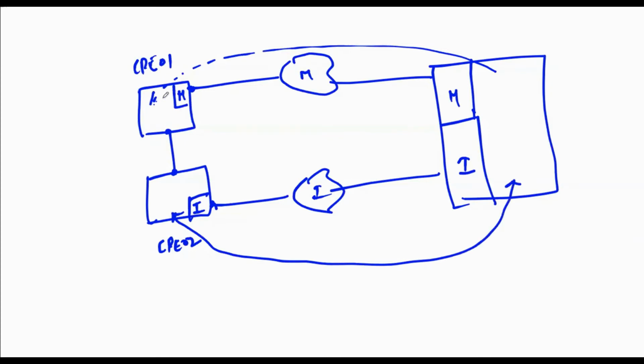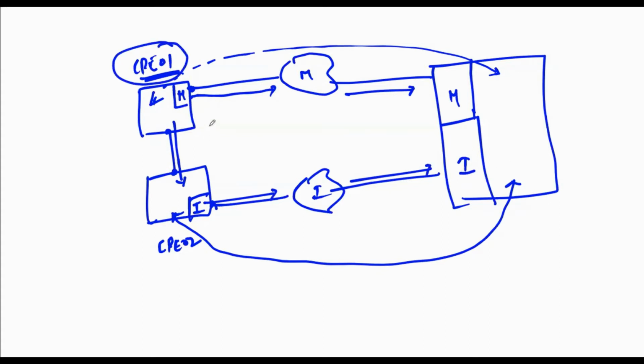Now, in order to establish communication between these tunnels, how does the actual traffic go through, and how many underlay connectivity paths do I have? From CP01, I can go via this MPLS, which is one path. From CP01, it can also go to transit, and from there to the internet. This is another path. The other side is a hub or a controller; anyway, it's the same. The tunnel communication is going to be the same.